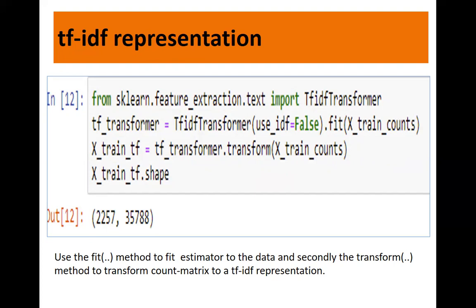The corpus means the whole data set. So it gives you the relative importance. It is not only related to a single document, it is related to the whole data set, which we call a corpus. The TF-IDF score is composed of two terms. The first computes the normalized term frequency, that is TF, and the second term is the inverse document frequency. It is computed as the logarithm of the number of documents in the corpus divided by the number of documents where the specific term appears. Both TF and TF-IDF can be computed using the TfidfTransformer.